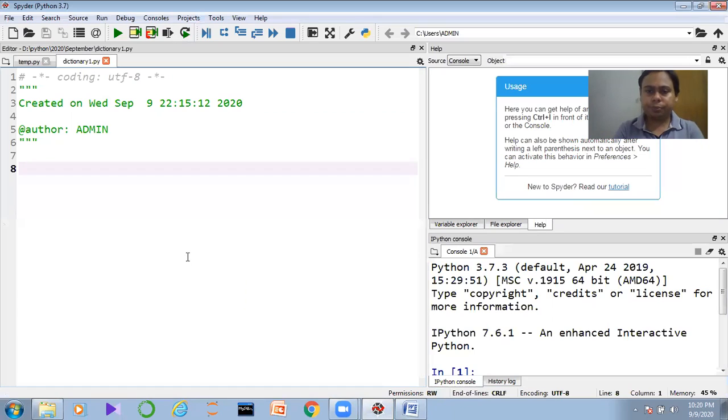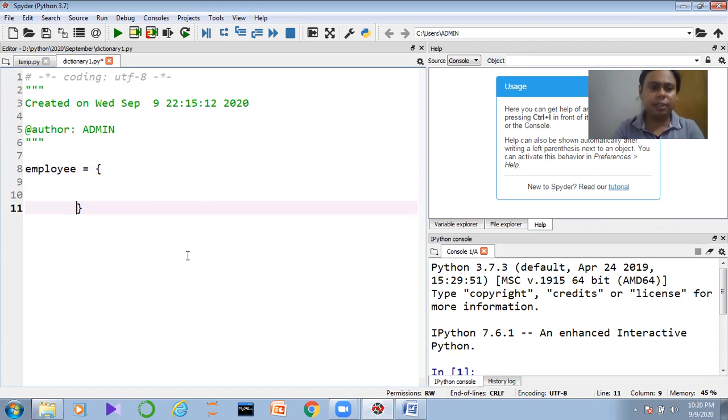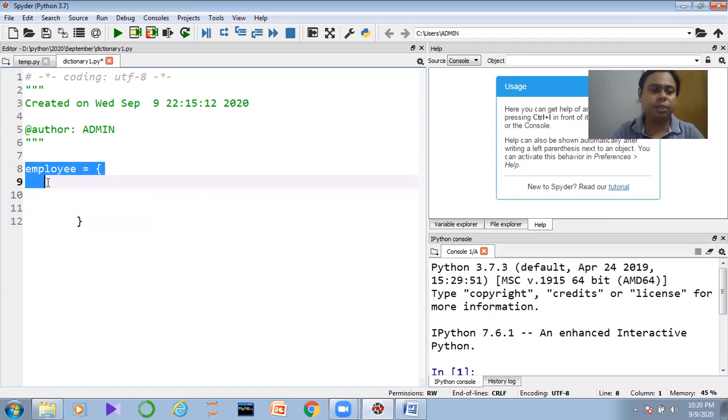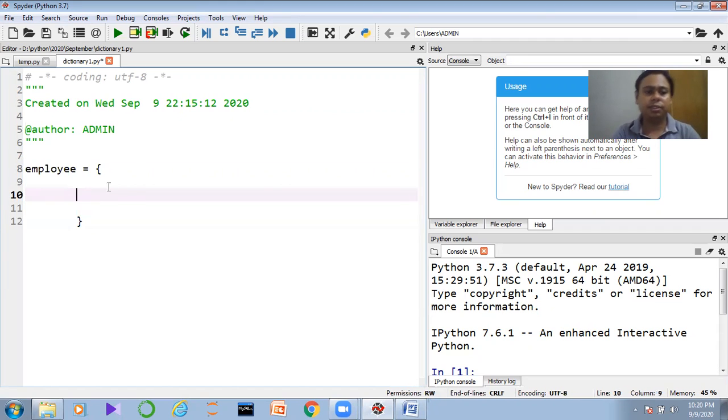Create a dictionary object. Dictionary objects, guys, are always defined by curly braces. Now here we define key and value pairs. Suppose I am writing id colon 1.